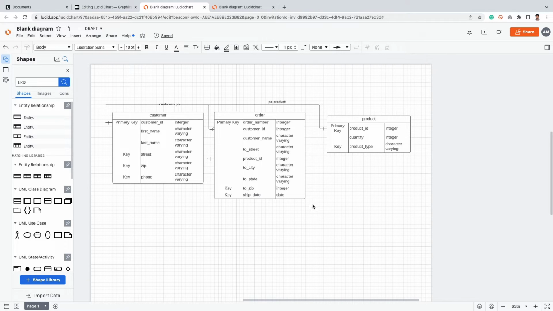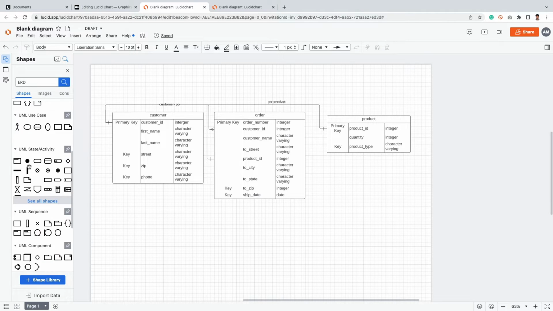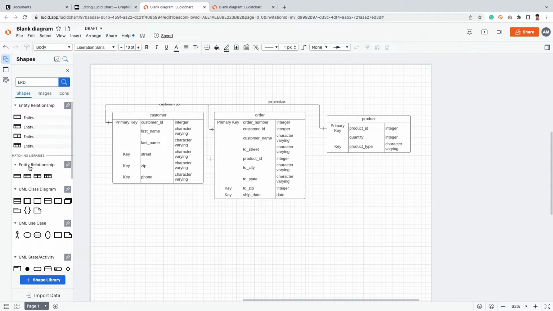Next step is the third step. What is the third step? Third step is to export. Now see, for exporting it, there is entity relationship,